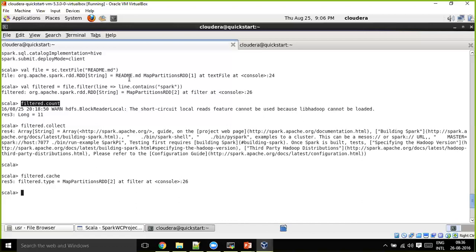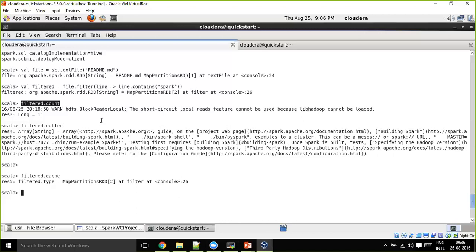Oh, you mean to say that it will get loaded? Yep, the readme.md contents will really get loaded into RAM memory. But it says that until you say count, it will be a variable, right? Until count only. Then during count only, I'm telling. So in that case, that file is just a reference point, like a variable, or to load. But when you say count is the real operation, right?